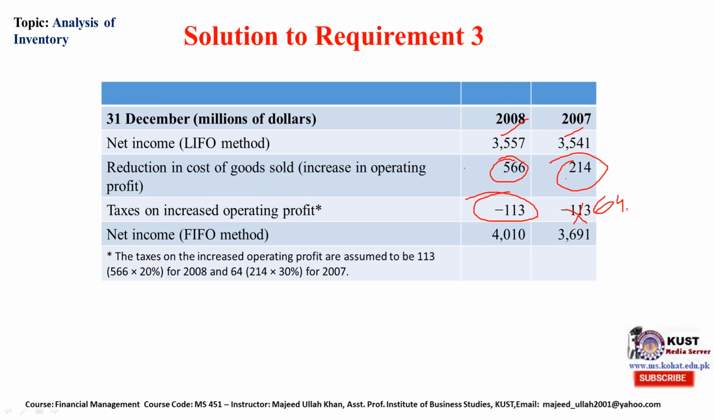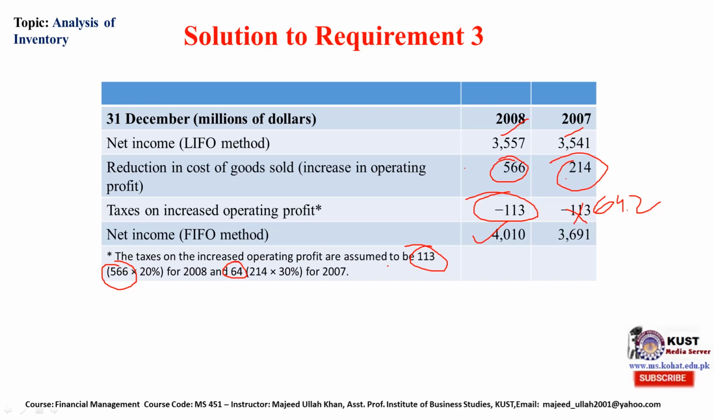64.2, because the tax rate is 30% in 2007 and 20% in 2008. Now, net income under the FIFO method will be increased to 4,010 million and 3,691 million. Now, this is what we calculated: 20%, 113 is tax, and 214 multiplied by 30%, that is 64